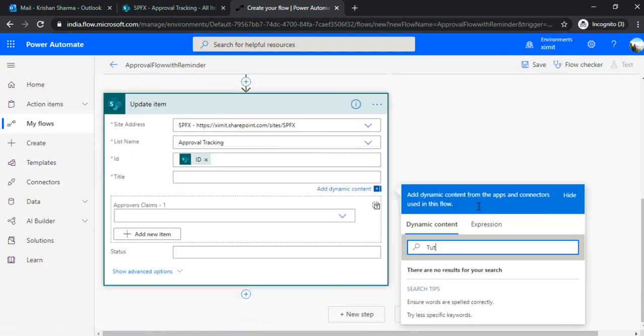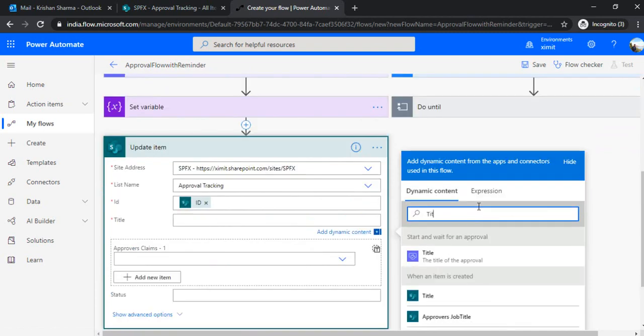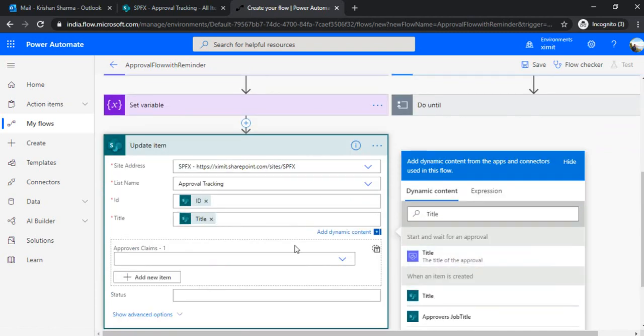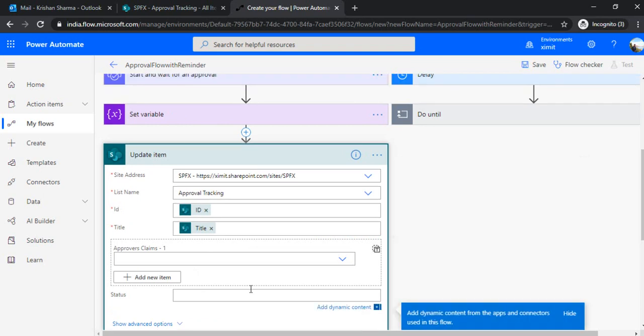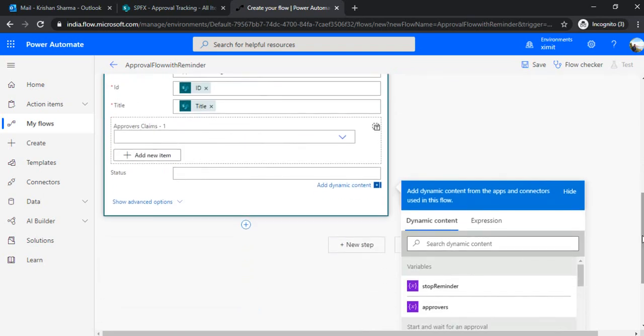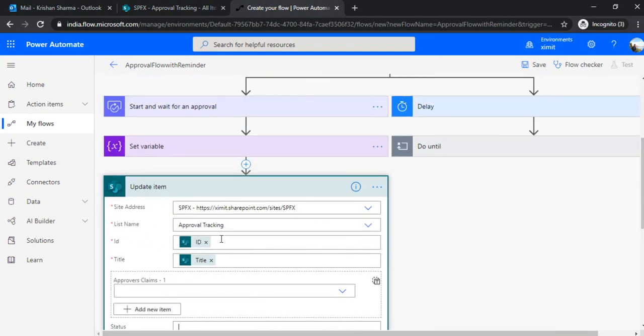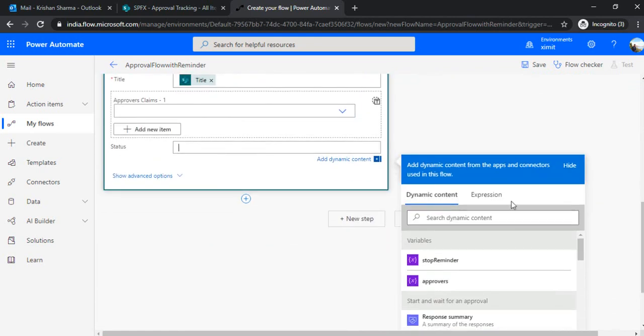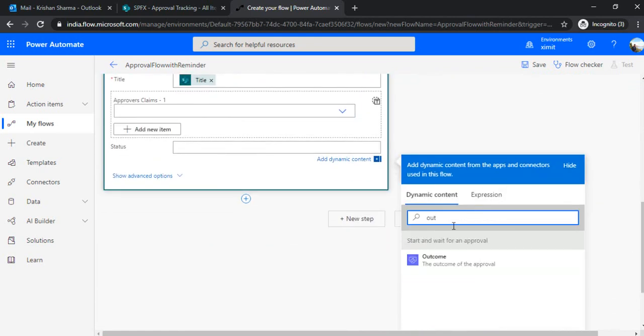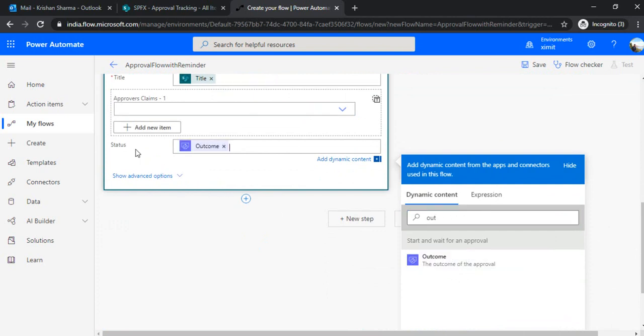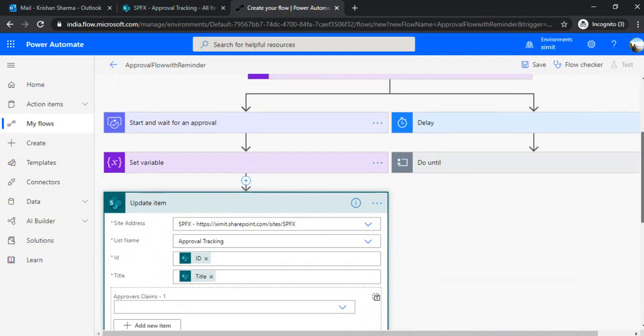Under title, I will pass the title from when an item is created. Under status, the outcome of this task should be set. So I'll use outcome, which is from start and wait for an approval, and it will finally be set as the status of this item. So we are done.